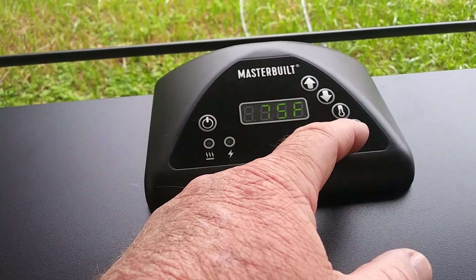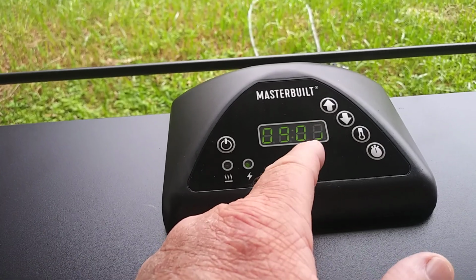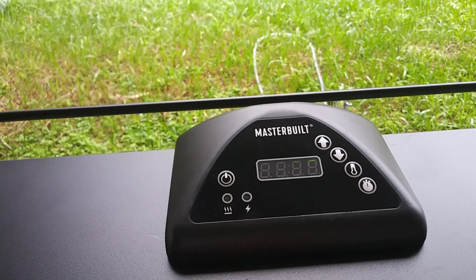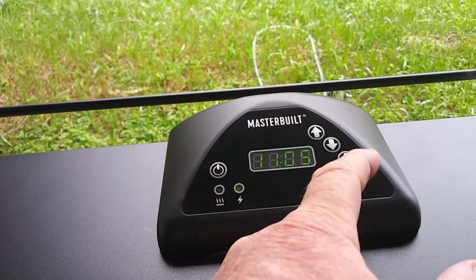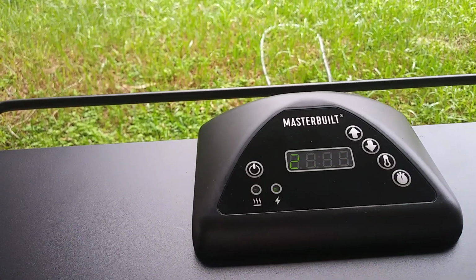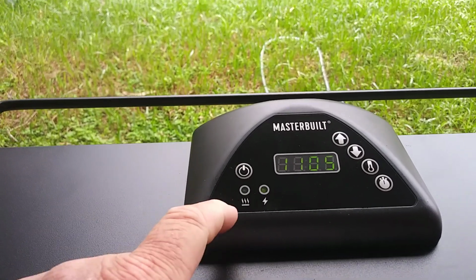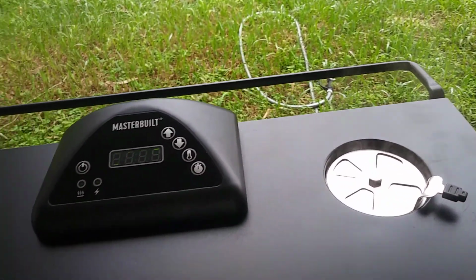It also has this button, you press that, and it's a timer. And you can see I got 9 hours. I can set that and I can increase it. I don't go by the timer. I have my meat thermometer that I put in there, and it alerts me when it's done. So I just always keep the temperature up there so it keeps going all the time. And you can see it went just a little bit higher there, but it'll go up and down. You can see the heat shut off on it, so it'll come back down. That goes on and off. It's the elements on and off on that. So anyway, so far,